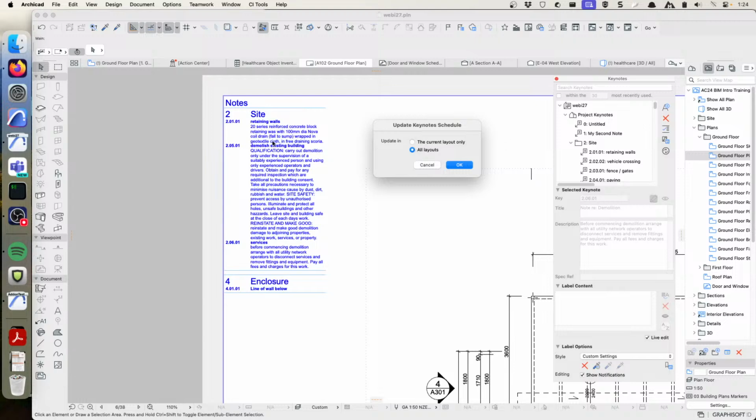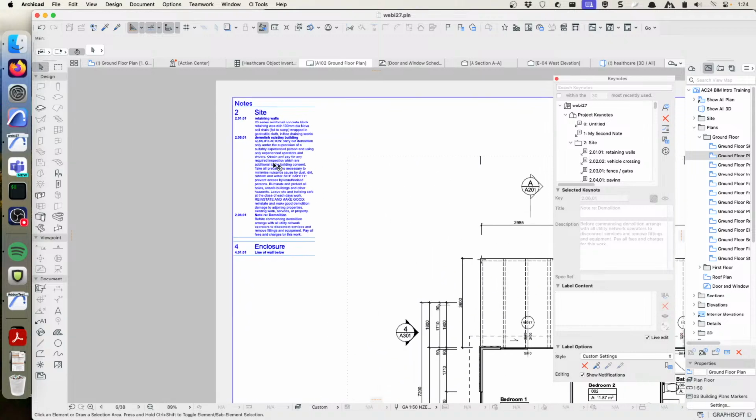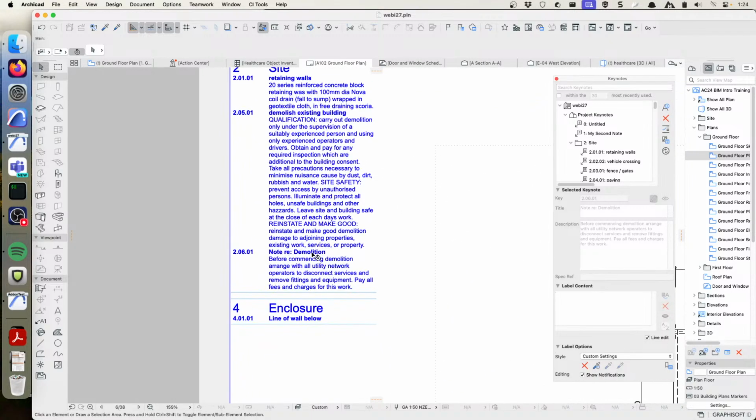We could do that actually because I only have one schedule placed, but we hit OK, and it will look through the entire project for any schedules that are anywhere, and update them all. I only have this one, so it only took a very small amount of time. You can see it now says Note RE Demolition, and we've got our capital B showing now,